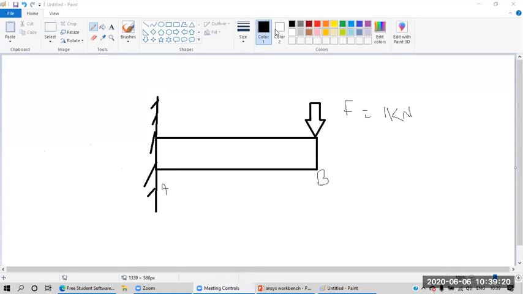So the stress which is generated due to this point load, when I say point load, it is already clear by its name that it is acting at a certain point. The whole force, the center of mass that someone has already put in the chat box, the center point of that load, is concentrated at a single point, and in this case it is at point B. Now the stress will be concentrated at this point,